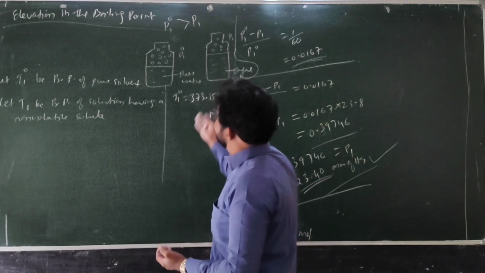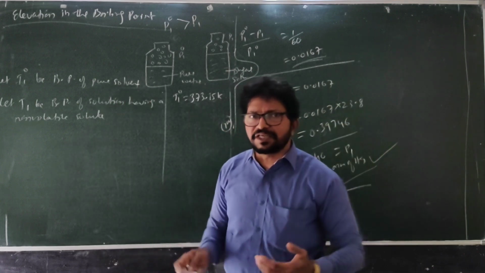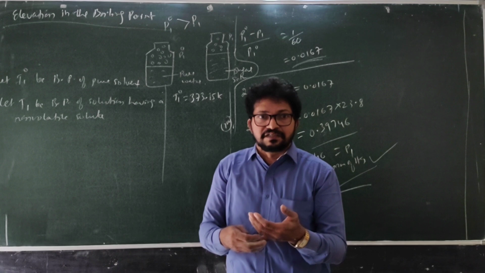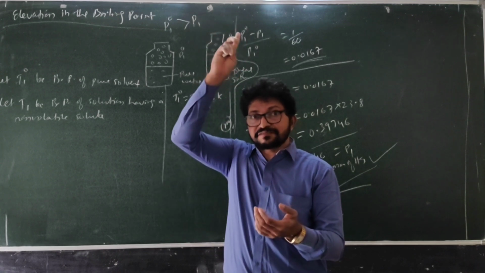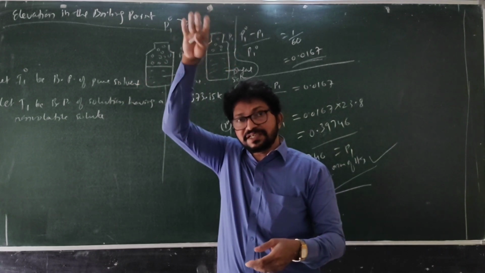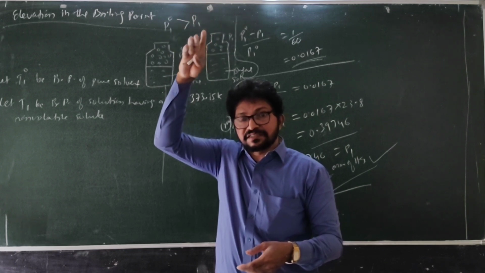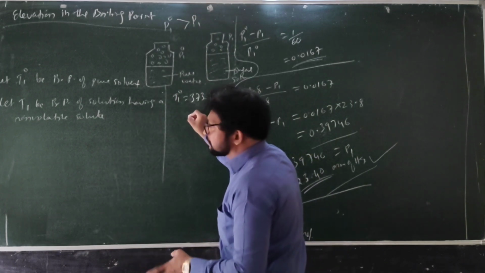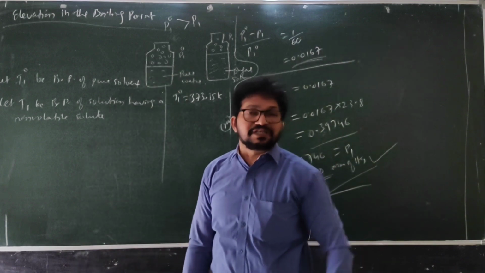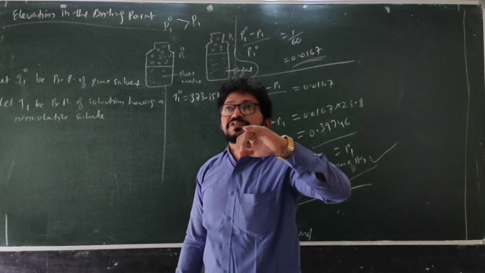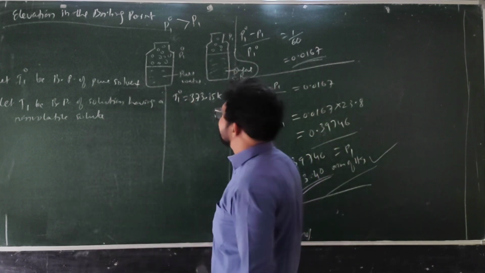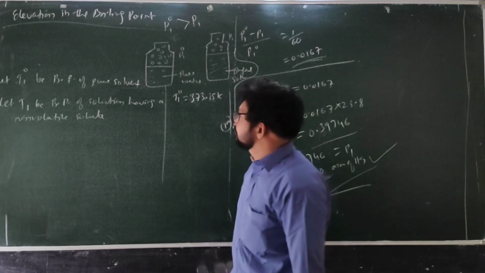Now, when you started heating, vapor pressure started increasing. We don't know where the boiling point is. Atmospheric pressure you should not forget. You are heating in an open vessel at 1 atmosphere pressure. So what is increasing? Vapor pressure. When that reached the atmospheric pressure, suddenly water started boiling, because the vapor pressure of the vapor phase and of the liquid are identical. Then it is the boiling point, the normal boiling point.